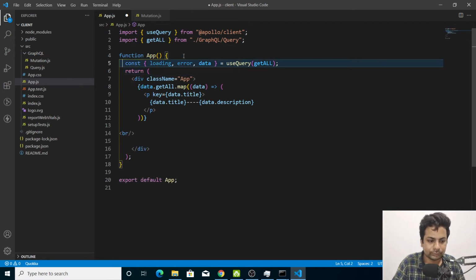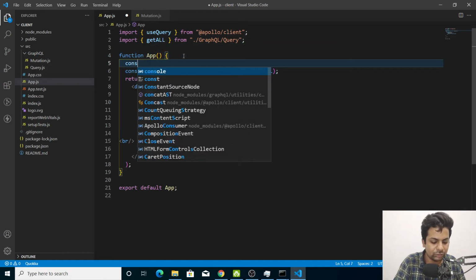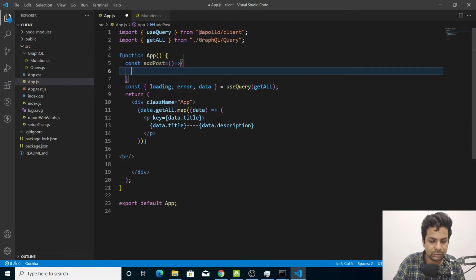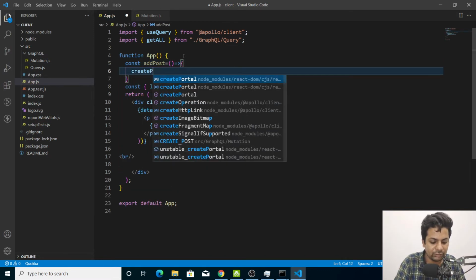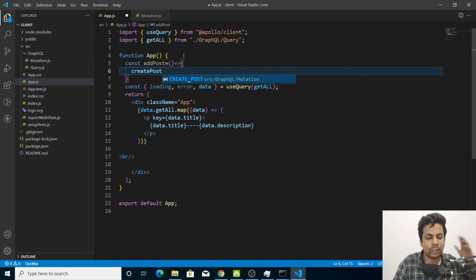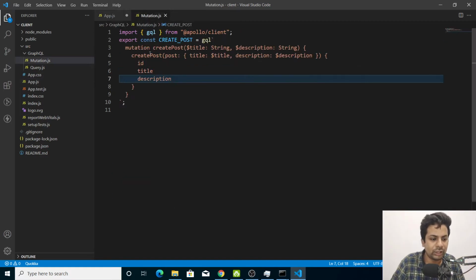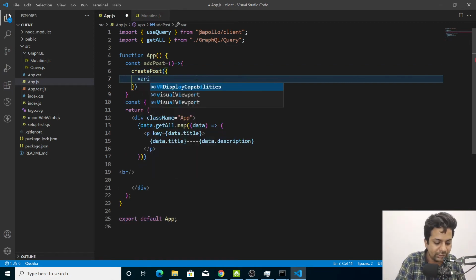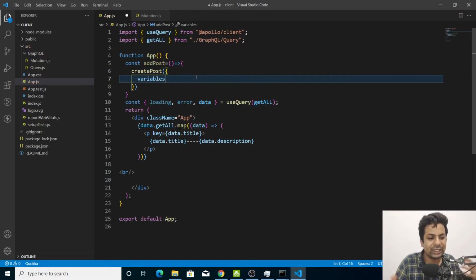So we'll make a function and we'll say const addPost. Then we'll say createPost, since the mutation name is create post. After that we'll pass the variables. Variables are the data you want to send.